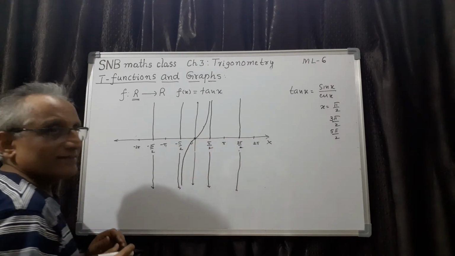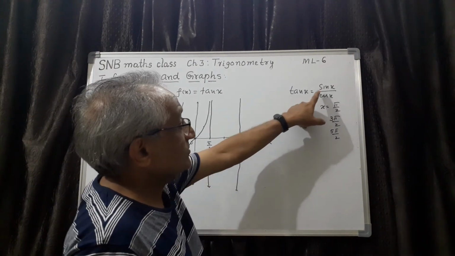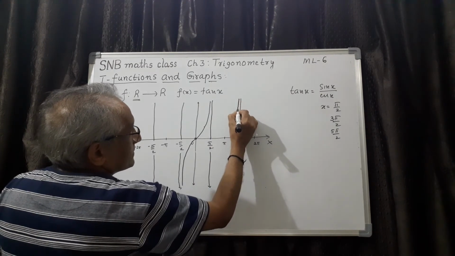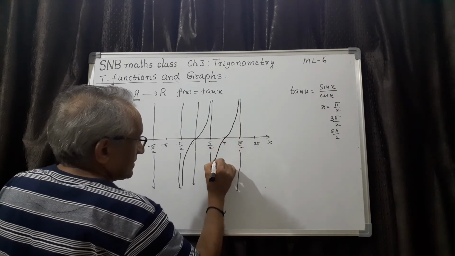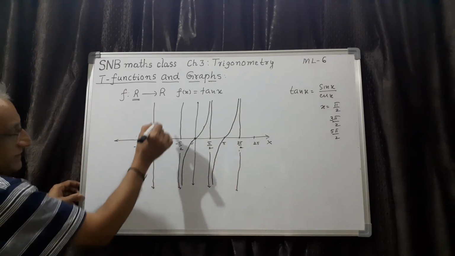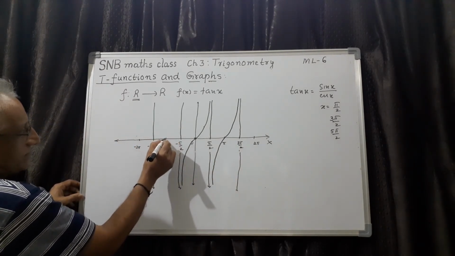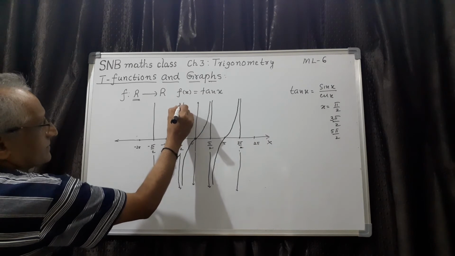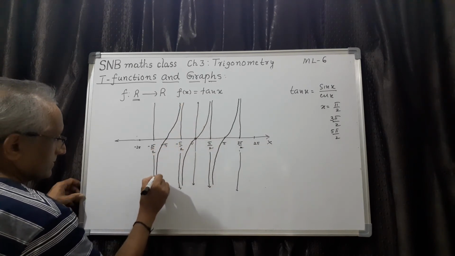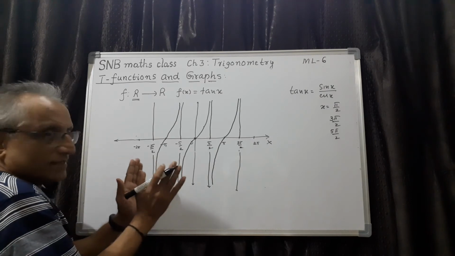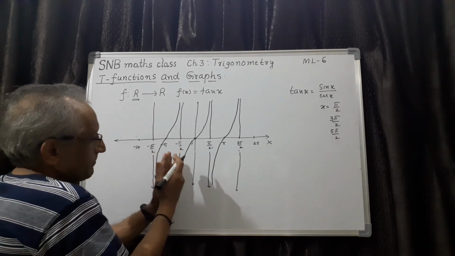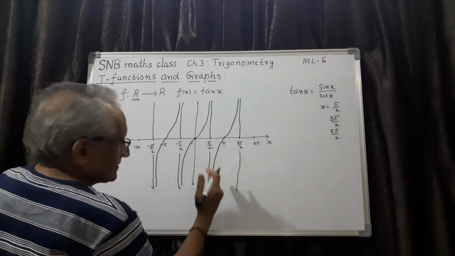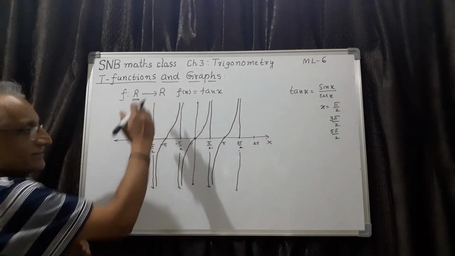This is one branch. Same thing, tan pi once again 0 because sin pi is 0. So here also same thing. The curve will be like this. It comes like this, then like this. And same thing repeats here also. Here it is not defined. So here 0. So same thing. So it is like this, then here also it is like this, then like this. So the understanding which you have to have here is minus pi by 2 to plus pi by 2. Draw the line, then curve goes like this, and curve goes like this.